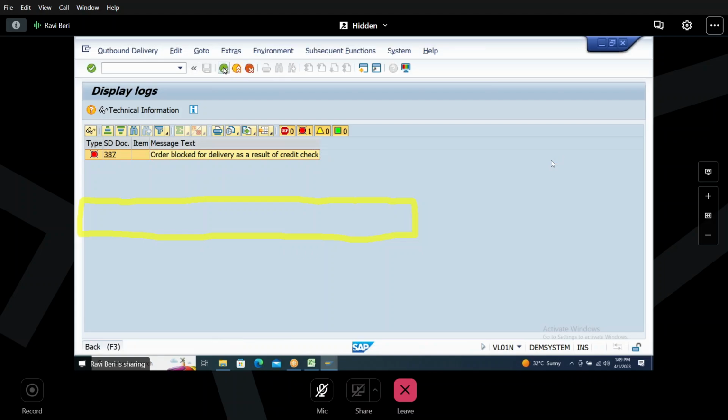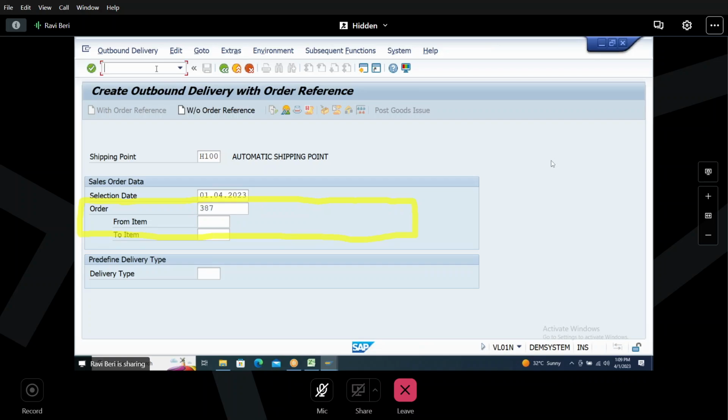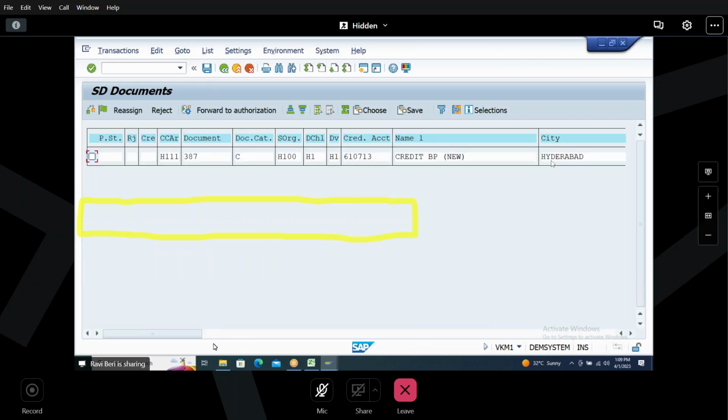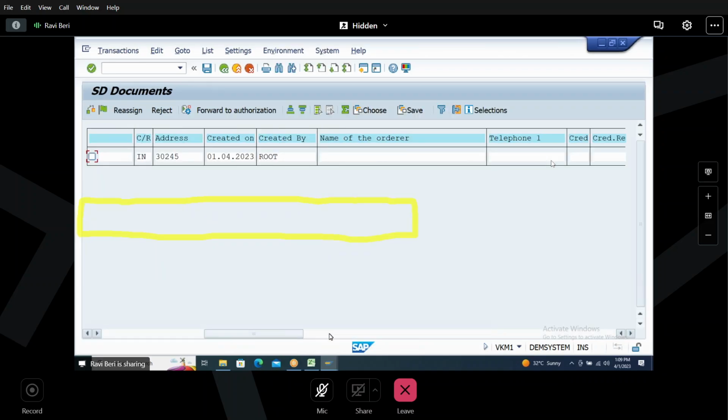Okay. Now here the T code to release is VKM1. VKM1, you can go and check, mention the customer number. Now if you go right side, you can see what is the reason. It will show why it is blocked. If you go to right side,